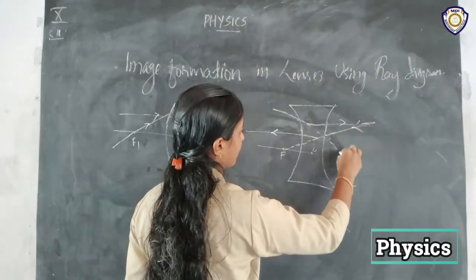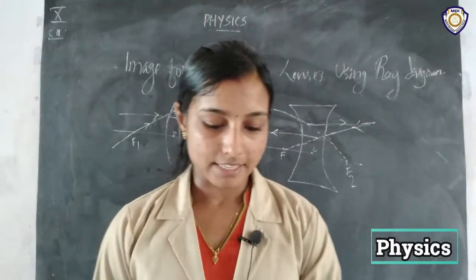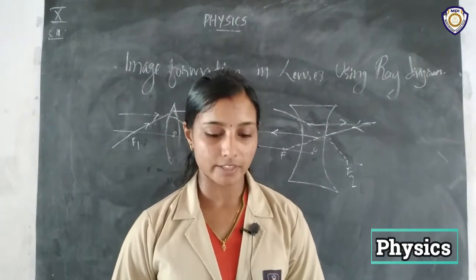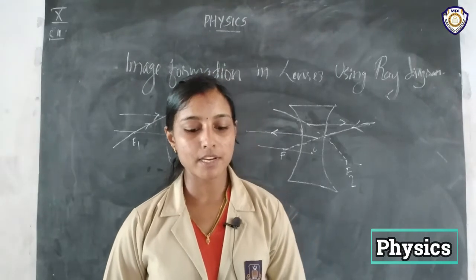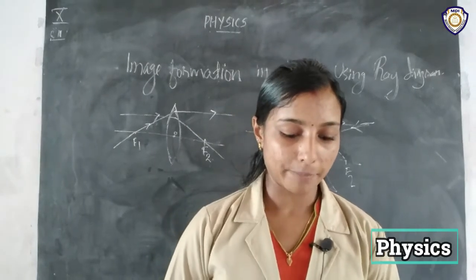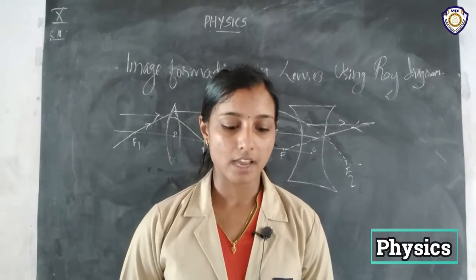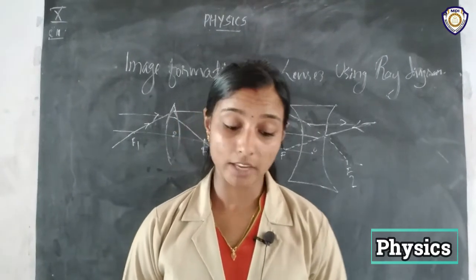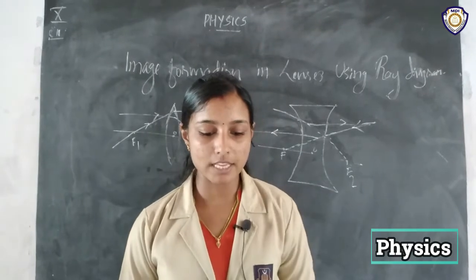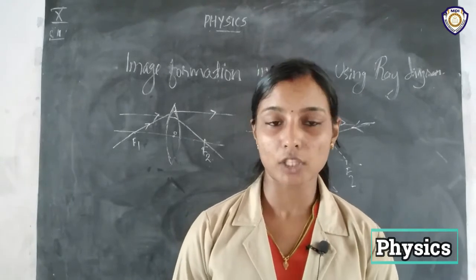Okay, so this is in the case of what? Concave lenses. Okay, so it is given here, a ray of light passing through a principal focus after refraction from a convex lens will emerge parallel to the principal axis. And this is also shown in figure 10.14. A and B. A is in the case of convex lenses and B is for concave lenses. Okay, so a ray of light appearing to meet at the principal focus of a concave lens, what happens? After refraction it will emerge parallel to the principal axis.